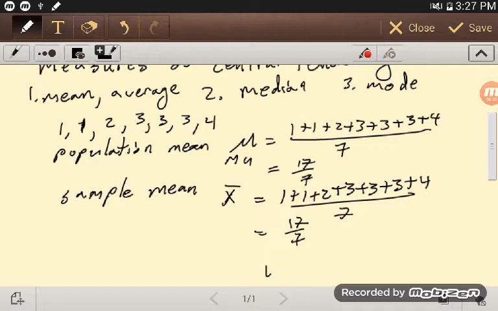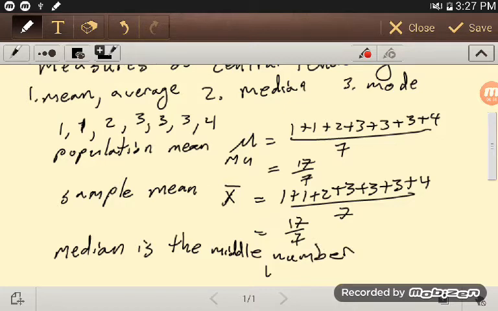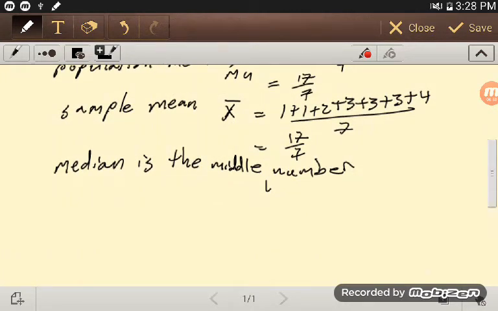Now, the median, again, population median and sample median are really both the same idea. The median is the middle number. Now, for continuous populations, this can be kind of hard. You need some calculus to deal with it. But if I'm just talking about a sample, discrete sample, or a discrete population,